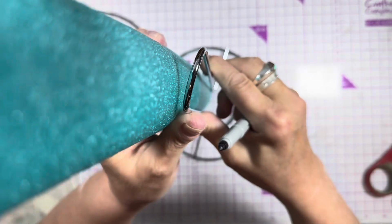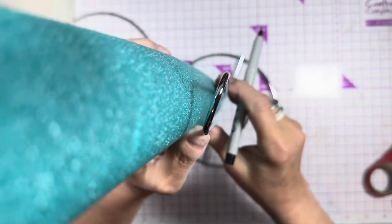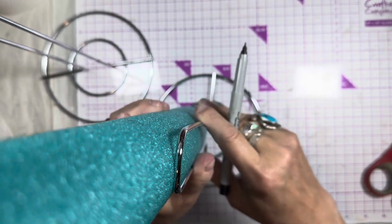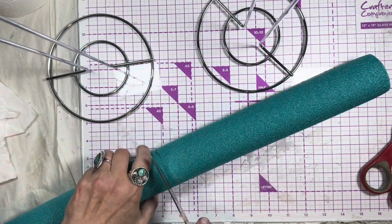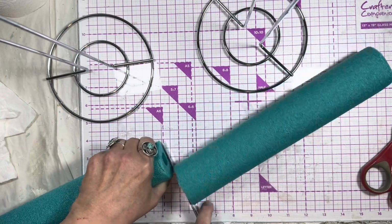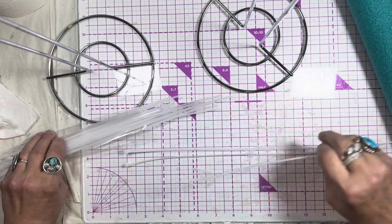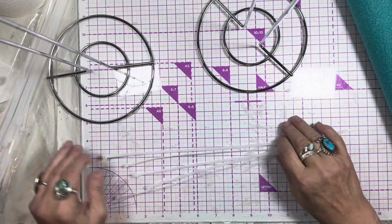And I'm measuring the height of the pool noodle, just kind of twisting it around, knowing how I have to cut it. And I just used a knife. It cuts very easy with the knife. The scissors, it's a little tougher, but the knife is perfect. And now I have